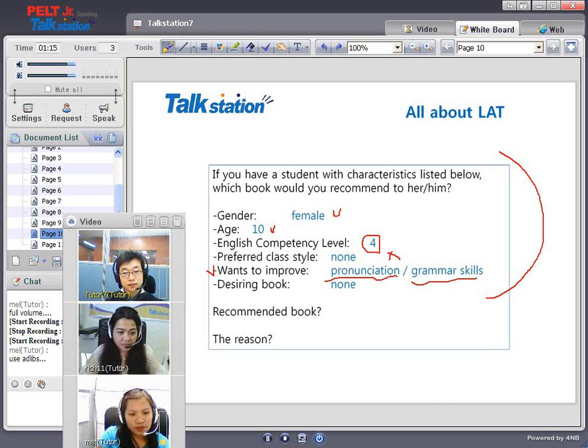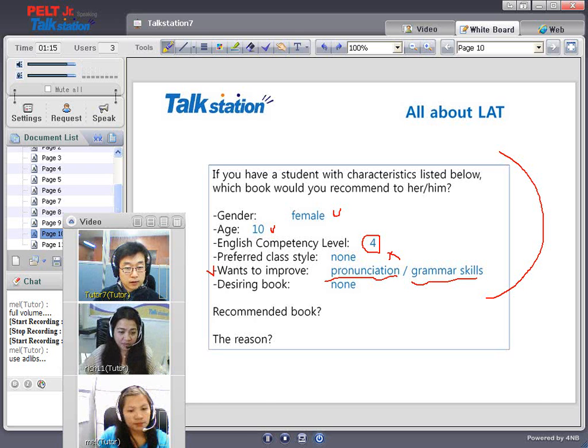If I were the first LAT tutor, I would recommend the Side by Side book. Side by Side integrates pronunciation, grammar skills, and reading as well. What about you, Rich, what kind of book would you recommend? In my case, if you show me this information without my talking to or meeting the student first,